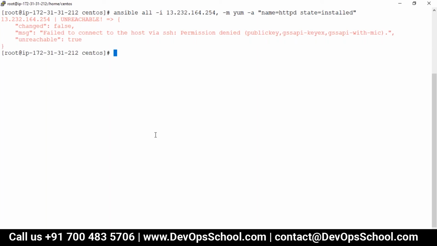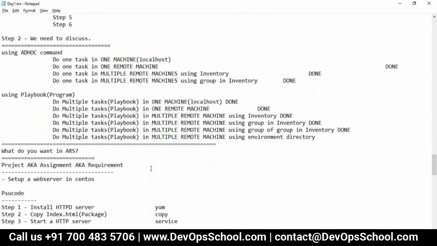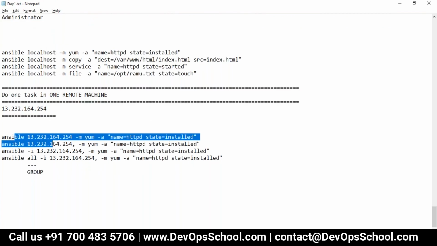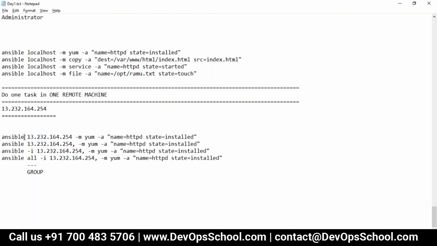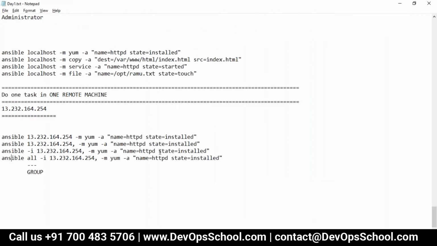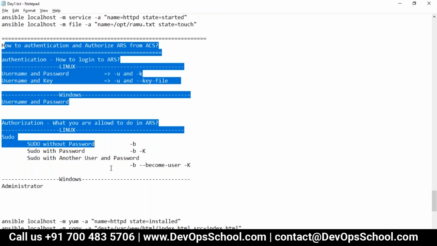Permission denied. So guys, so far we are going good. See here, this had issues with the command line. This had issues with the inventory, a wrong inventory pattern. We corrected the pattern list. So the right command is this one, but now it is trying to connect to the machine. It can't connect, because there is no permission here. So how to pass the permission? I think you have already answered. By giving the username and password.